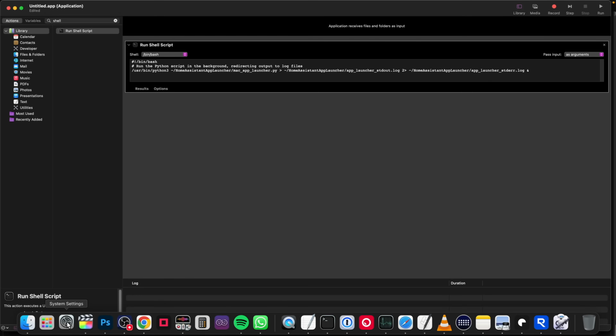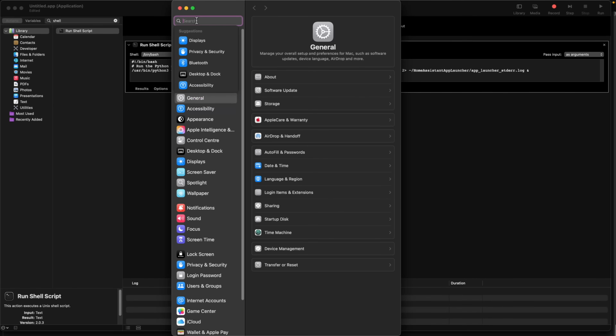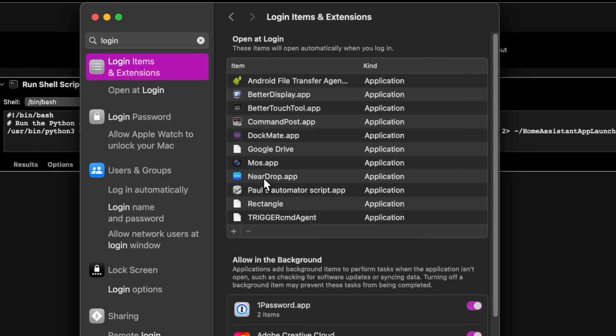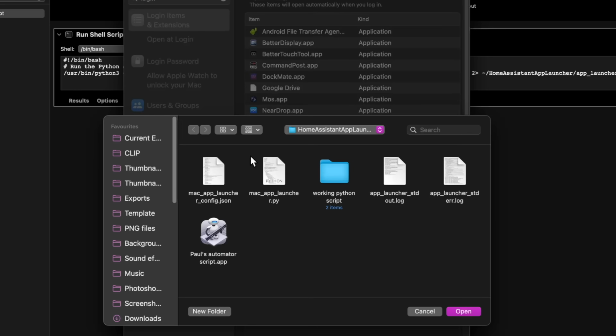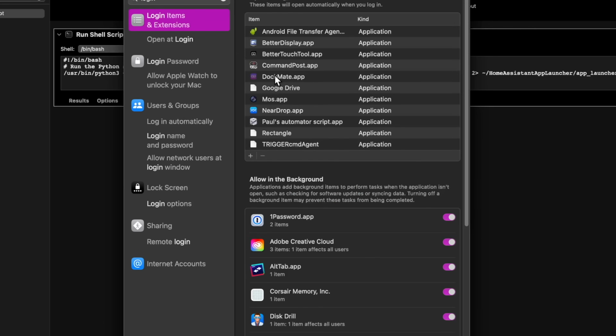All we're going to do is add that to our startup items. So if you go to the settings window, and in settings type in login, items and extensions, and in here just add it in using the little plus button. Navigate to the right place, and then just hit open, and from then on, every time your machine boots up, it's going to automatically load that wrapper which loads the script. Awesome, you are done.